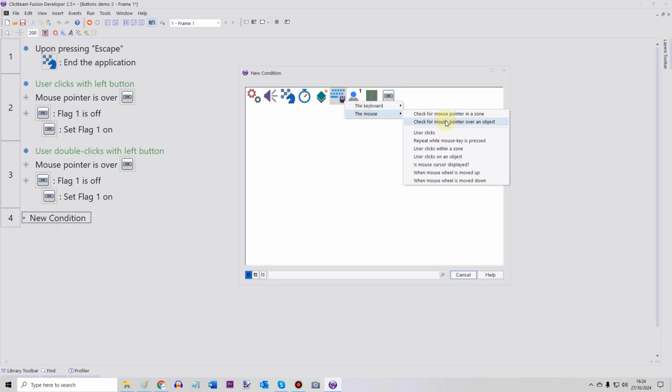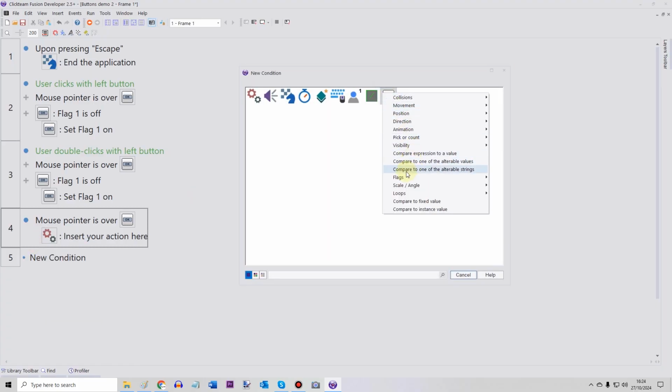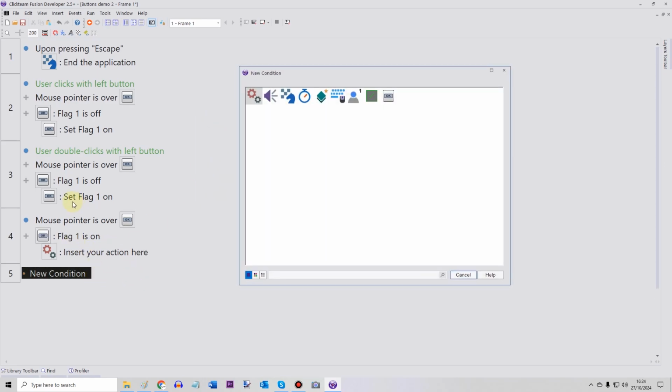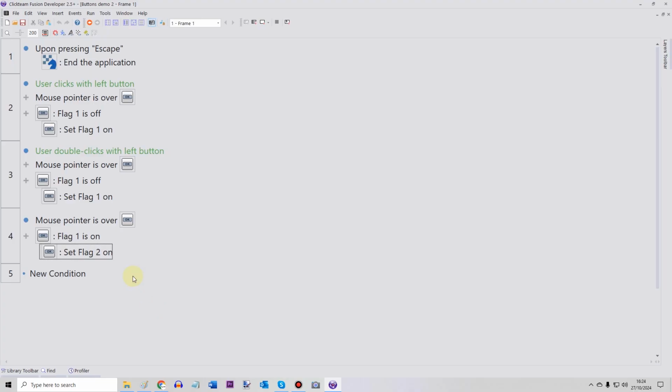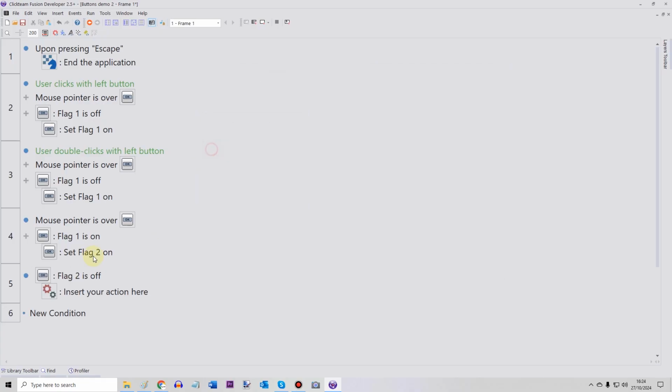And now we say that if the cursor is over the button and flag 2 is on, no, sorry, flag 1 is on, then we can set flag 2 on. So that would mean that your cursor is over a button that's alertized like that. Then we say that if flag 2 is off,